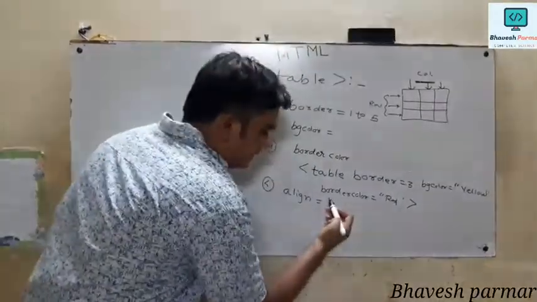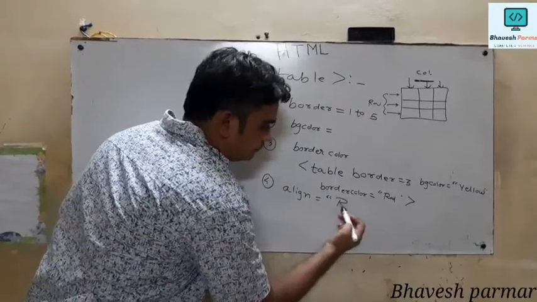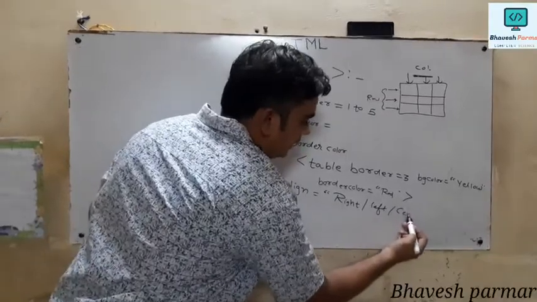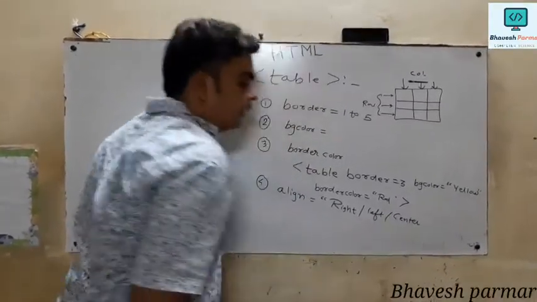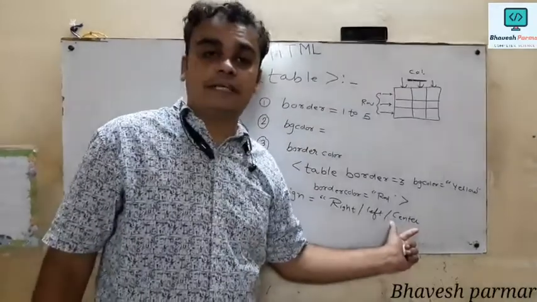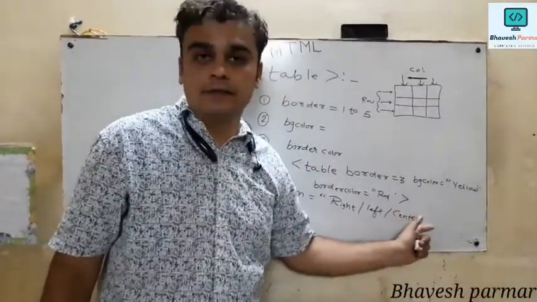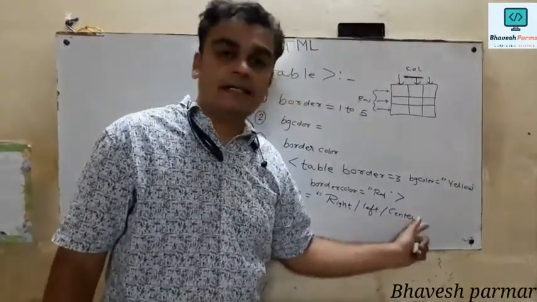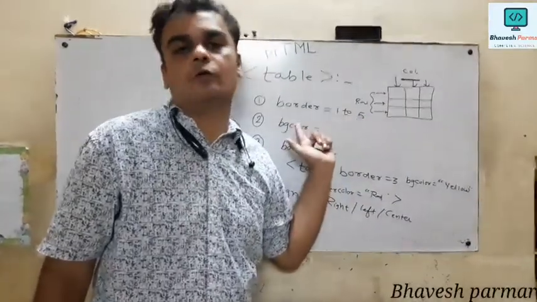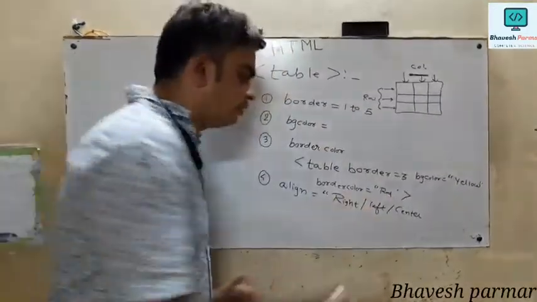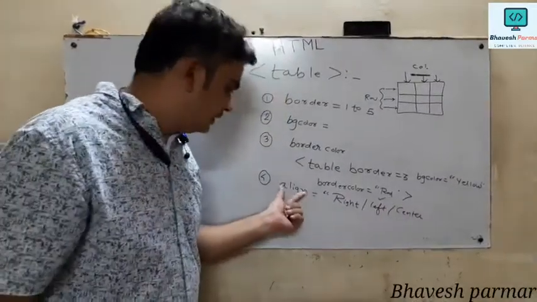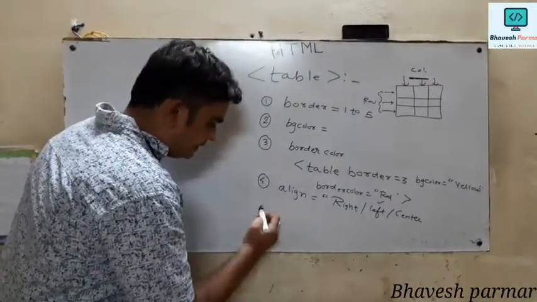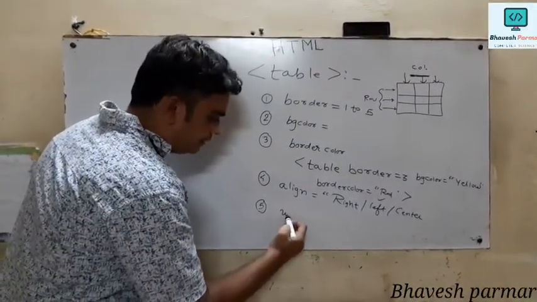So just write down its values: right, left and center. Again you have to take precaution with the spelling of center, because generally we use CENTRE, but in HTML we use CENTER. So if we use RE, then its effect will not be reflected in your web page. So be careful. And its default value is left. You can also add this align attribute in the table tag. Thereafter, the next interesting attribute is width.